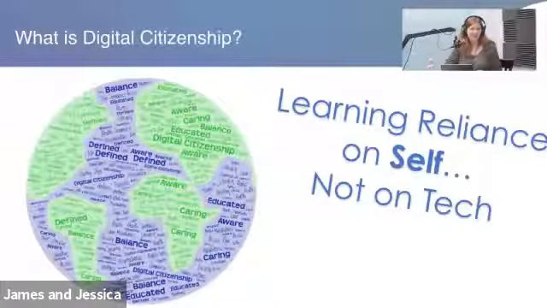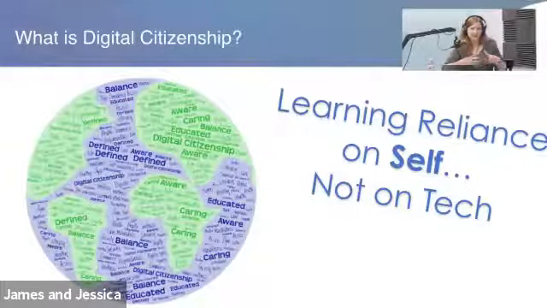So let's actually start with, what is digital citizenship? This is actually a really interesting question because it's always evolving. When we first started talking about digital citizenship years ago, I don't think we even understood what the internet would be like today, or that we could communicate on something as simple as a watch that we have on. So the way that students and even adults are working with it is so different from what we used to think it would be like.